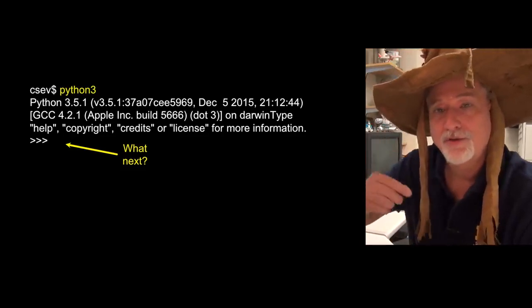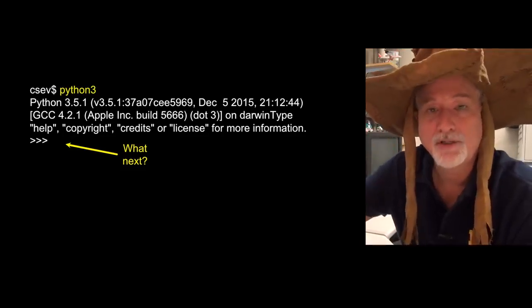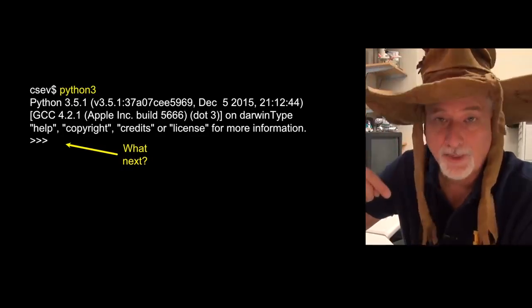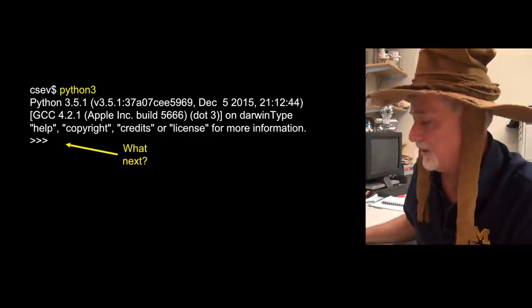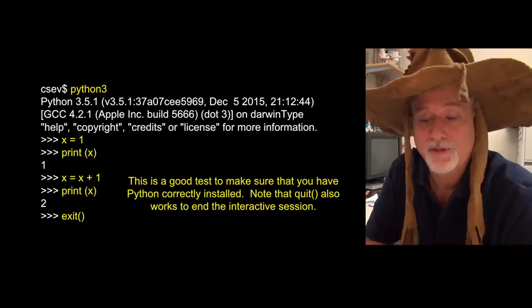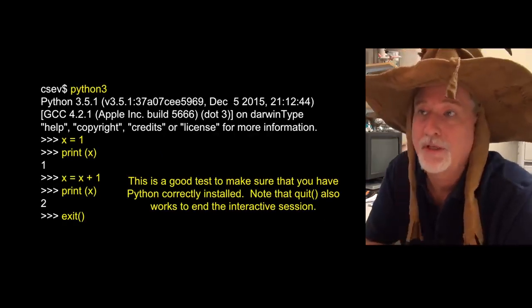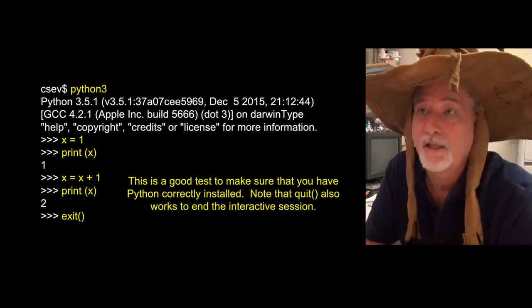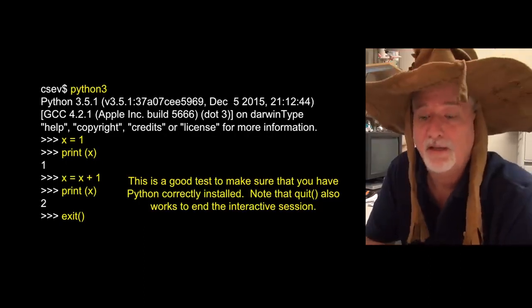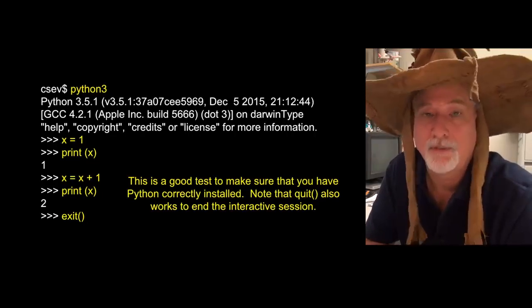Now you'll notice when you run the Python interpreter, the three chevron prompt, Python is asking you what next, right? It's saying, I want to talk to you, I want you to tell me some Python to do. If you know the Python language, you know what to say right here. Now if you know Python, you can type these statements. You can say, x equals 1, which really means go find a little piece of memory, label it x, and stick 1 in it. Print x is like, go find that thing where you labeled it x and bring me back that number and tell me what I stored in there.